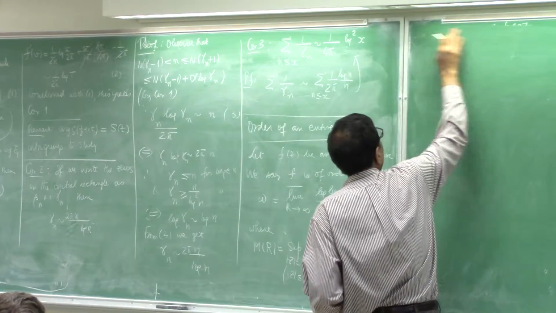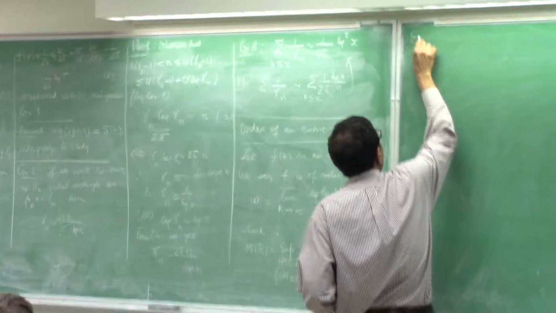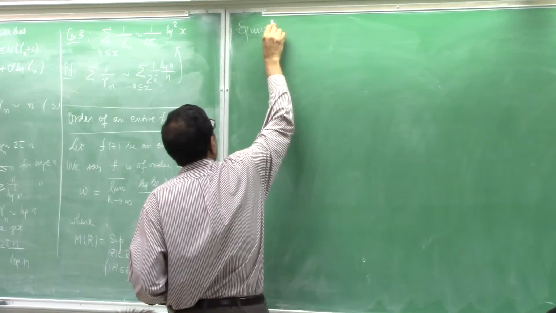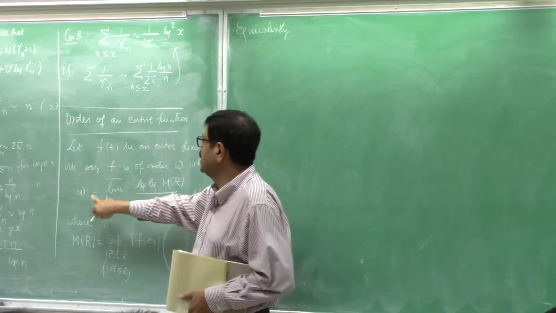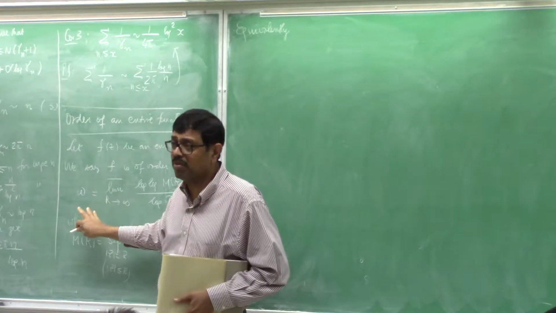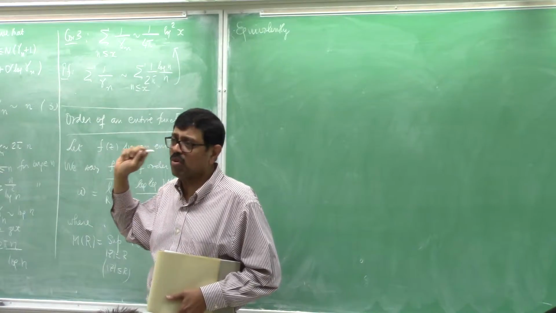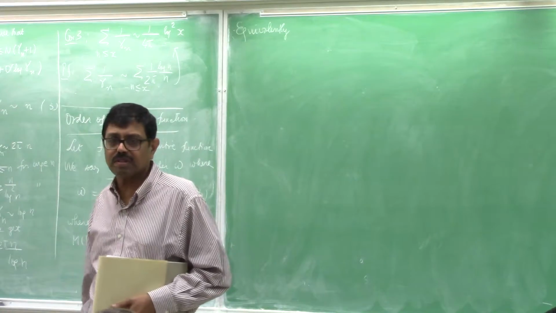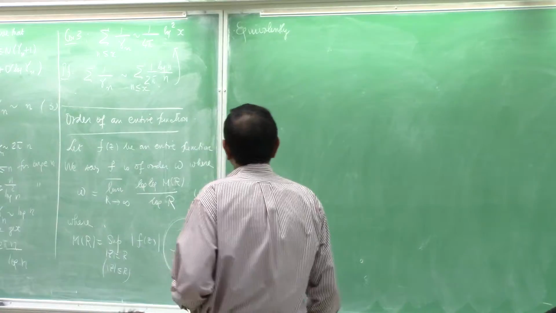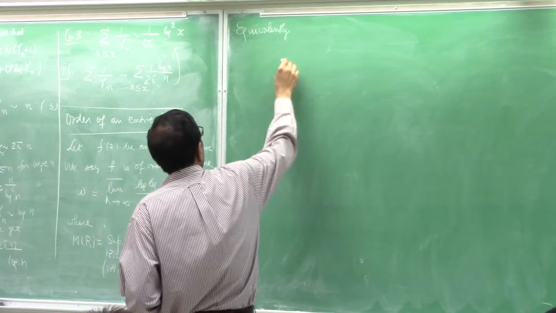Equivalently, the reason we write it this way is that this is always defined, and this could be infinity. But this other way in which I'm writing, it may not be defined, especially if you have got an infinite exponent. Okay. So equivalently, your m of r